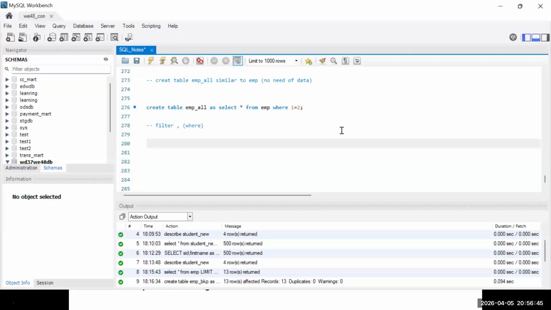Column level filter you already put, right? Instead of star, you put only selected columns. Now, a row level filter means here we are going to apply it on rows, not all 500 rows. I'm going to say, okay,